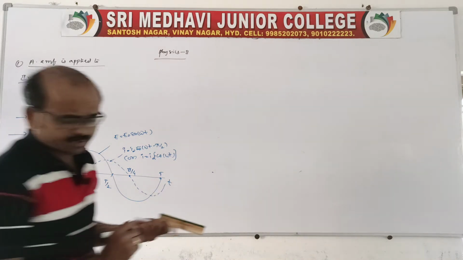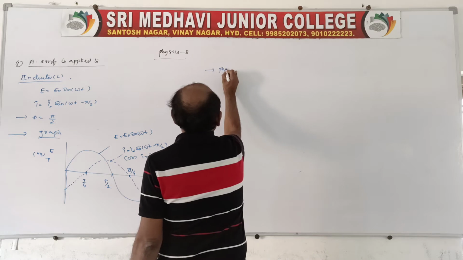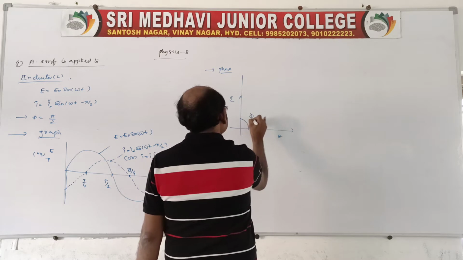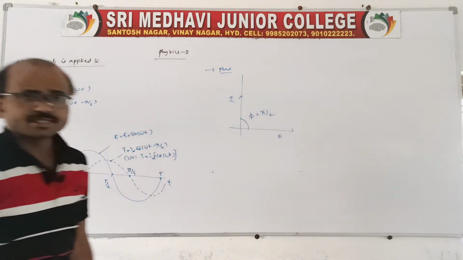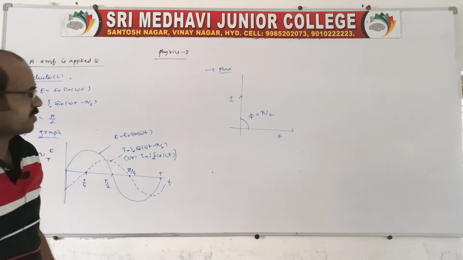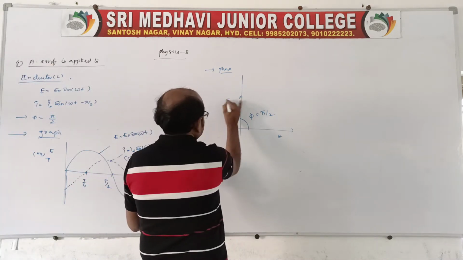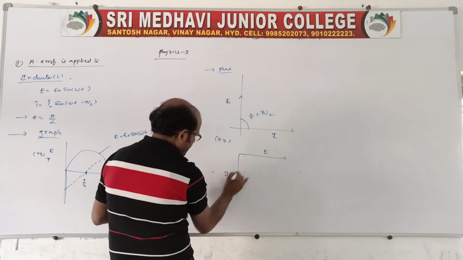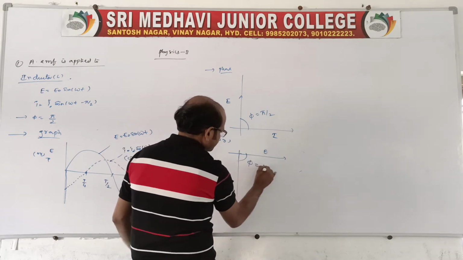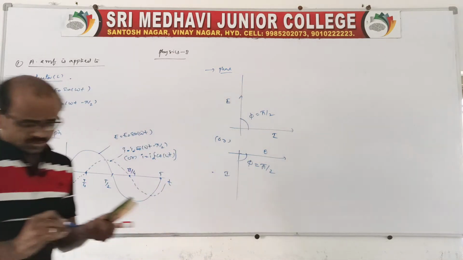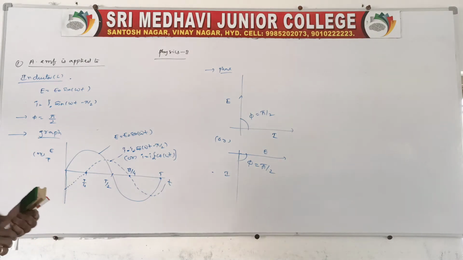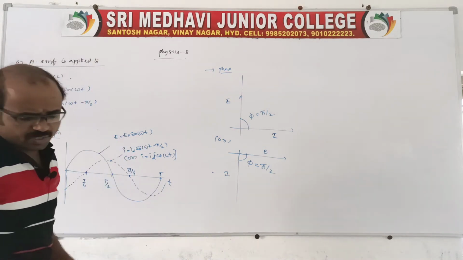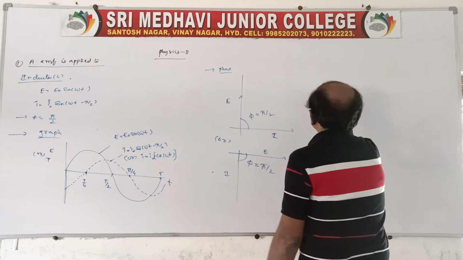Now we need to draw a phasor, where the phase angle is represented as 90 degrees, that is pi by 2. It is a phasor, and you remember this, it is all very important. It is E and it is I. Now we can also draw in reverse manner: it is E and it is I. The phase angle is 90. You remember these, as they are there in the next topics also, which are very important. Clear?